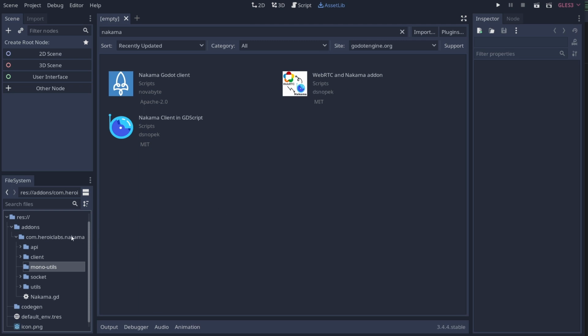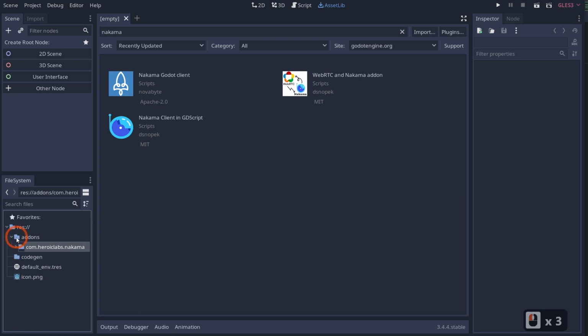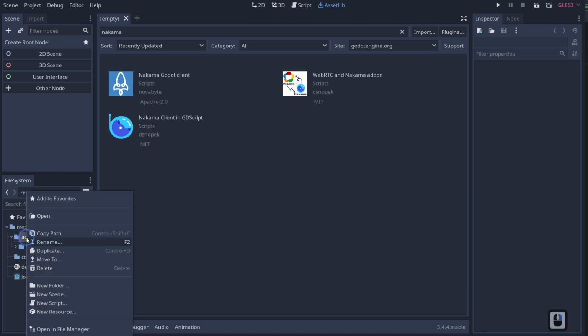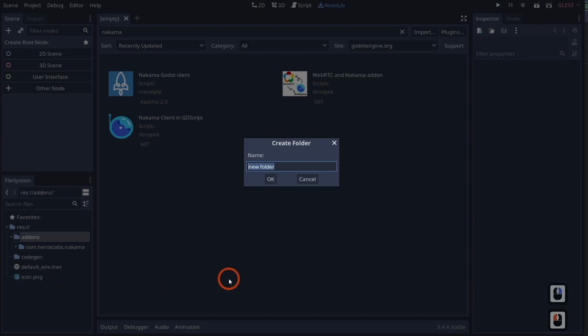Now that we have our Nakama stuff installed, let's go ahead and pull down the online code that Nakama provides on their repo, because they actually don't have it in here, but it allows us to have an abstracted layer with our code and makes things a lot easier for us to work with Nakama. So what I'm going to do is I'm going to right click on my add-ons. I'm going to create a folder, and I'm going to call it